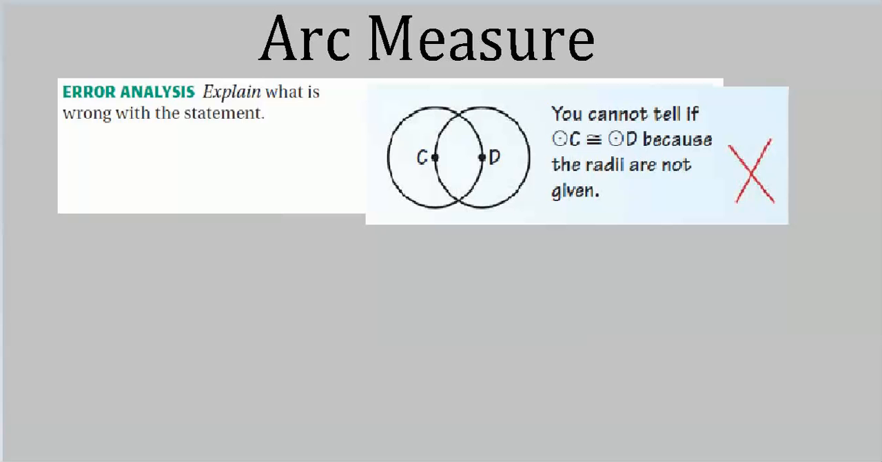So the radius is really the only measure of a circle. Two circles with the same radii have to be congruent. If they don't have the same radii, they're not congruent. Well, here